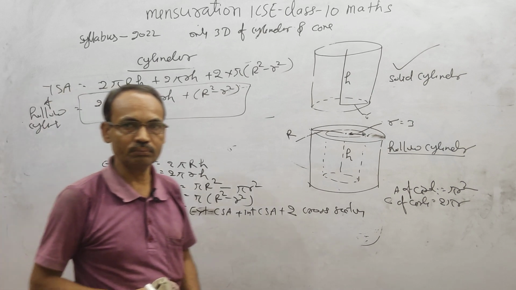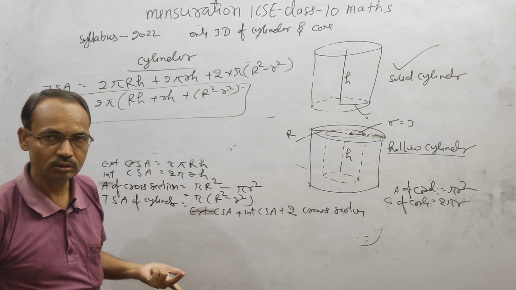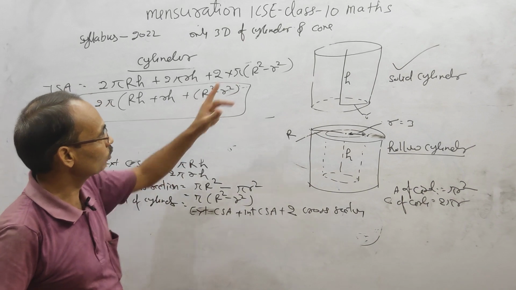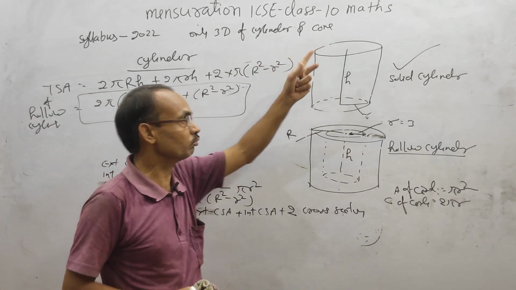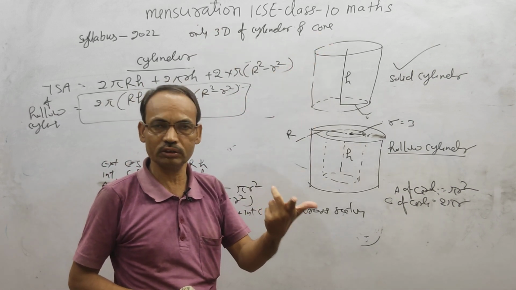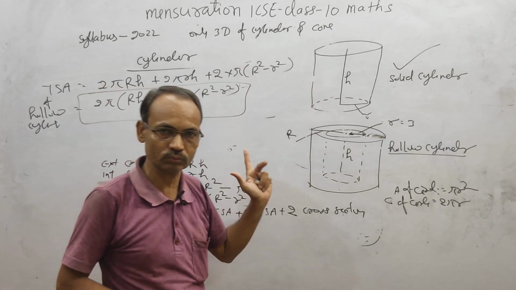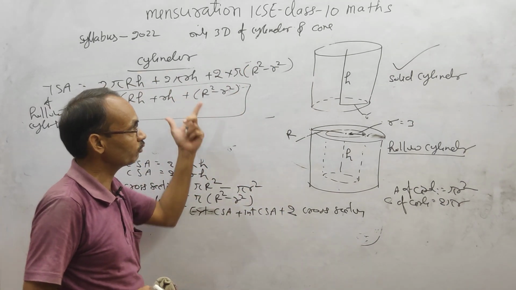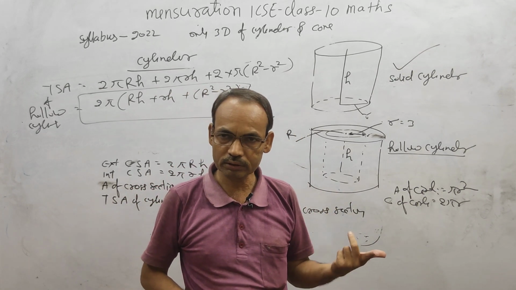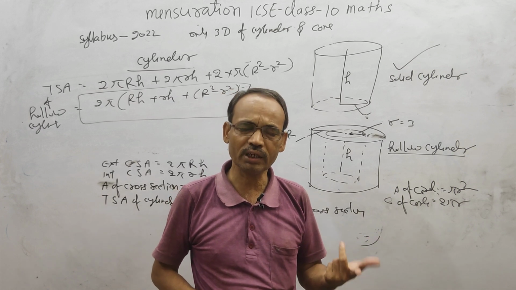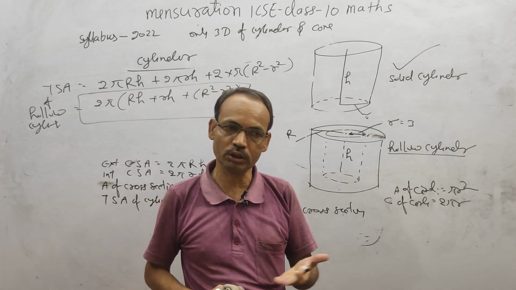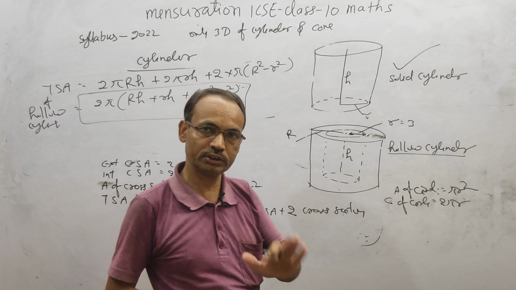So the concept of the chapter has been clear, and in our next video we will discuss the cone. Today the cylinder topic has been clear, and sphere is not in your syllabus for 2022. To solve the numericals of mensuration from any famous publication, such as Concise Math, R.S. Aggarwal, Goel Math, M.L. Aggarwal, O.P. Malhotra, or any other famous ICSE publication writer, visit ICSEhelp.com to get the solutions in serial order of the latest edition for the 2022 syllabus.